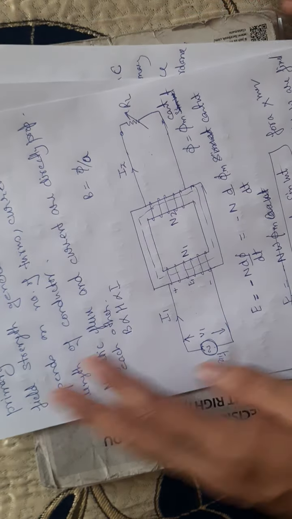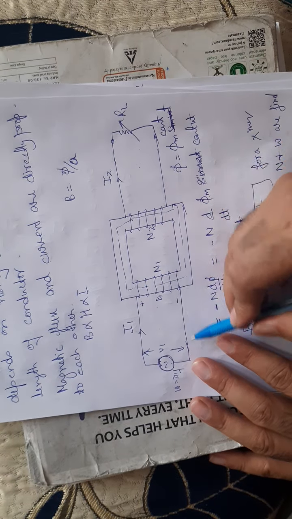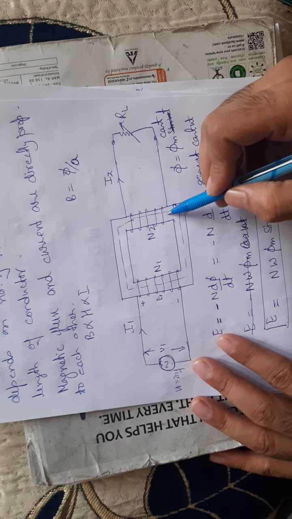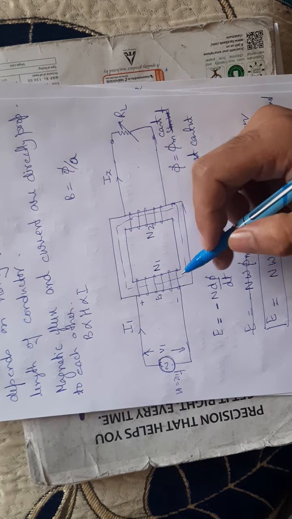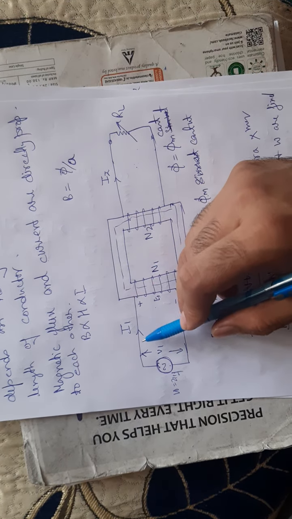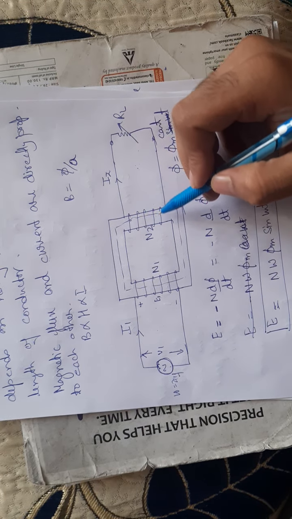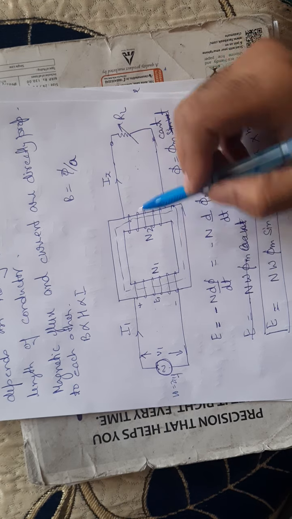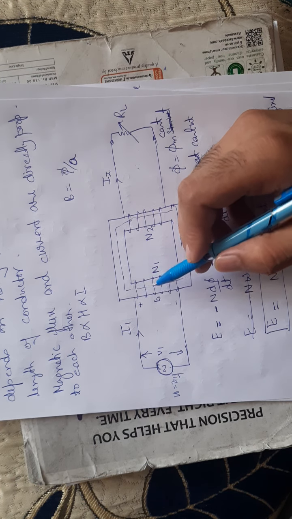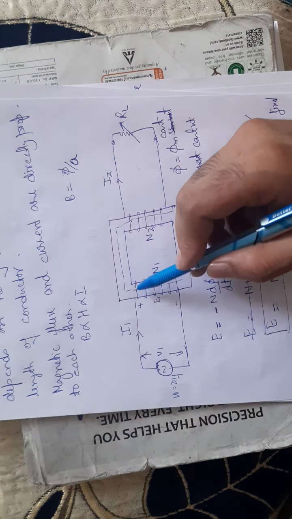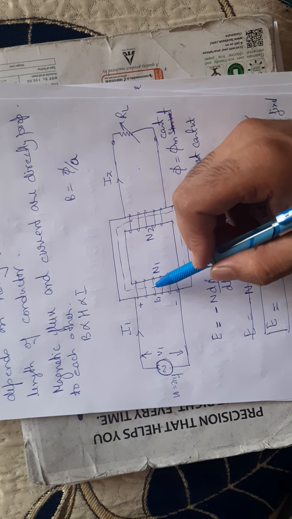Look here, I have an electrical circuit here and an electrical circuit here, and a magnetic circuit. These two electrical circuits are coupled together through a magnetic circuit. Here we have the primary winding, and here a secondary winding. These windings are made of conductors, and every conductor has some resistance. So if this coil has some resistance, there will be some drop, I square R loss.